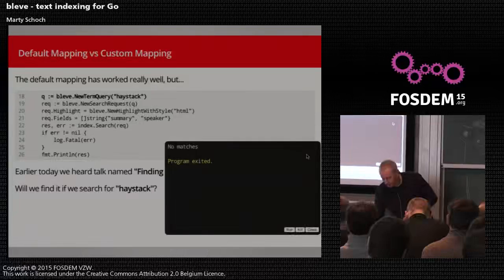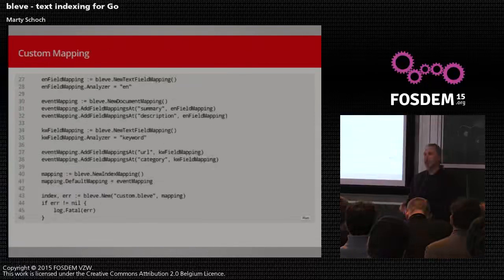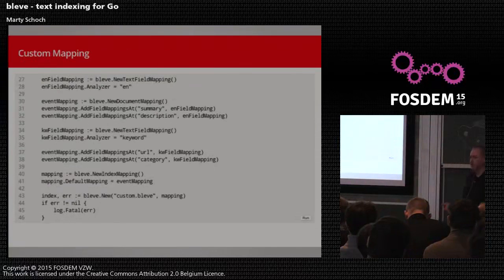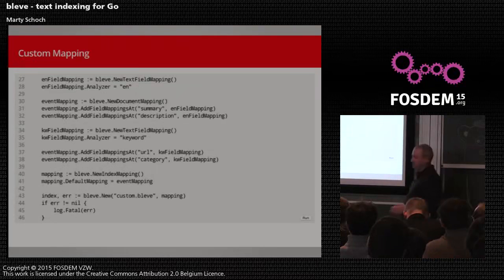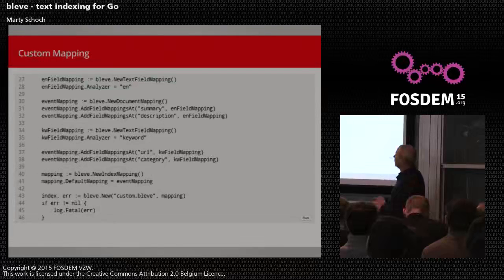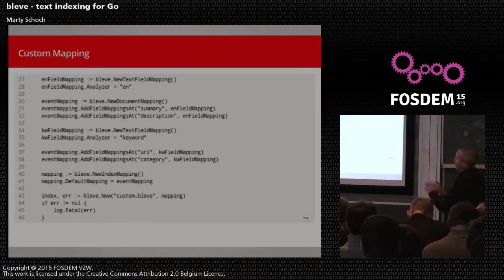But ultimately, what I want to focus on in this slide is changing the mapping to get better results here. So as human beings, we're able to look at all this text and realize, hey, this is all in English, right? And so there are additional transformations we can make on English text to give us essentially higher recall in our search results. And what we're going to do is take advantage of that in this mapping and essentially tell it, hey, this field's in English. So on line 28, again, this looks a little complex, but we're not going to go through all of it. On line 28, I say, hey, I want to use an analyzer called EN, which is the name that the English analyzer is registered under.